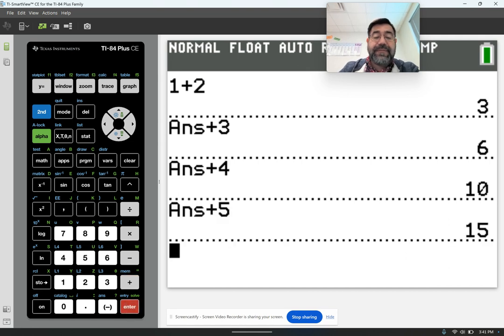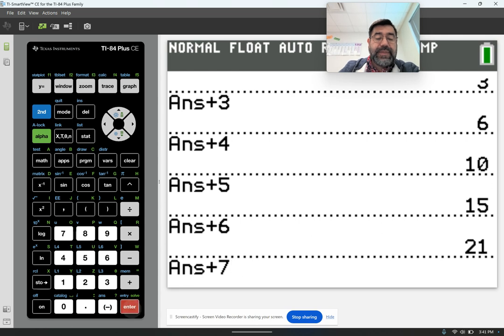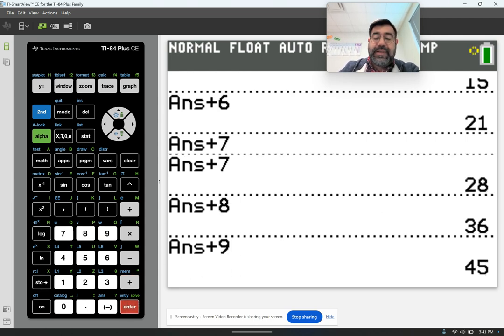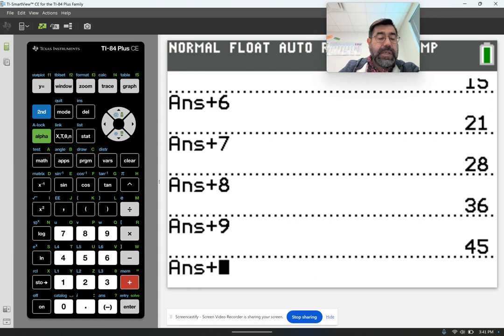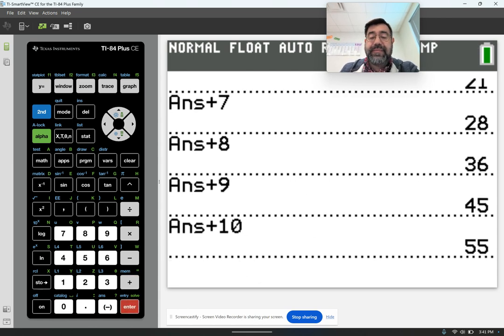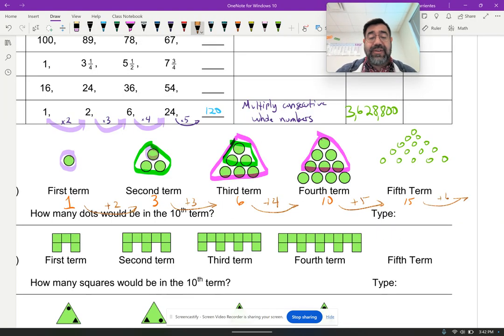We add 5, fifth term. 6th term, 7th term, 8th term, 9th term, 10th term. So there should be 55 dots in that little triangular pattern that would be needed to